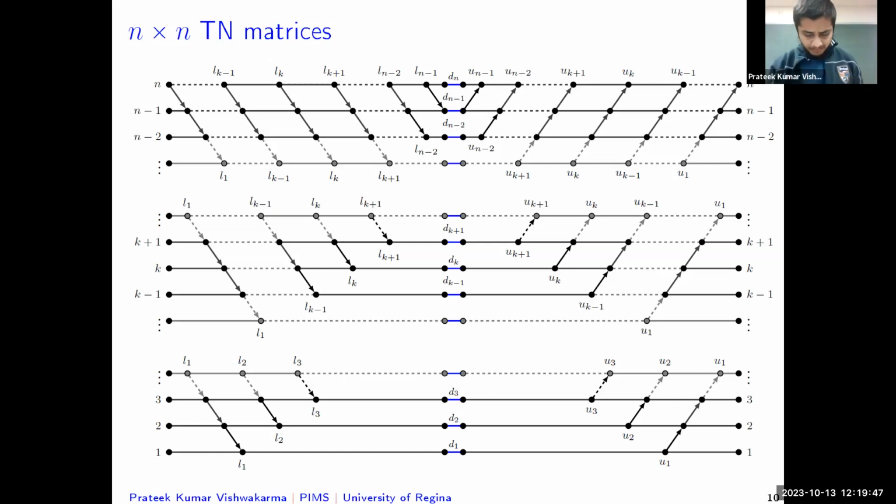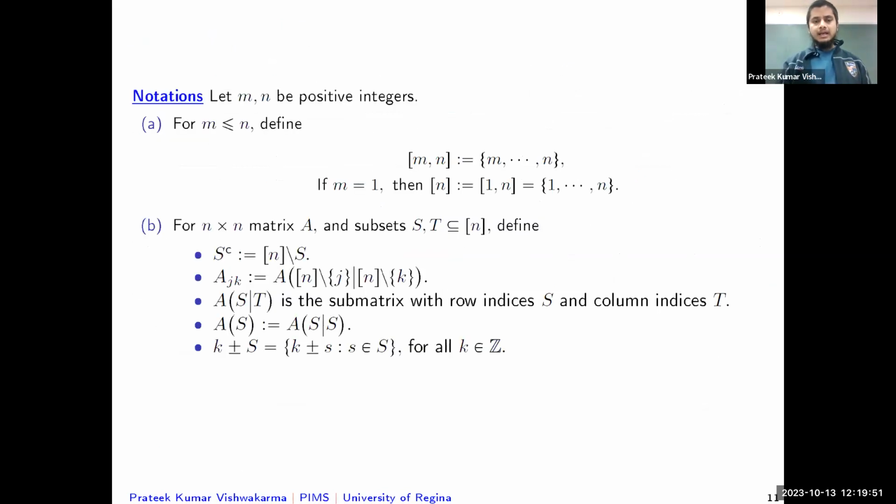Now, we have seen... Oh, before we continue, let me introduce some notations. For instance, we will use box mn to denote the set of all integers from m through n. We will use box n to denote all the integers from 1 through n whenever n is at least 1. For a matrix A and subsets S and T of box n, we will use S complement to denote the complement